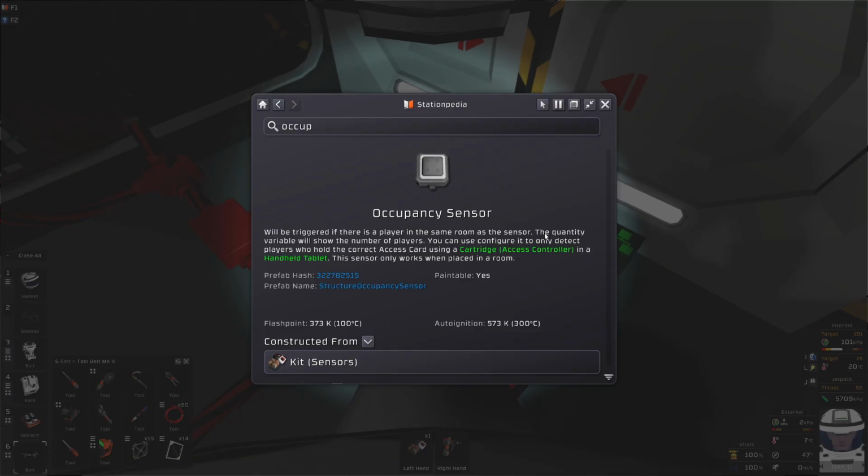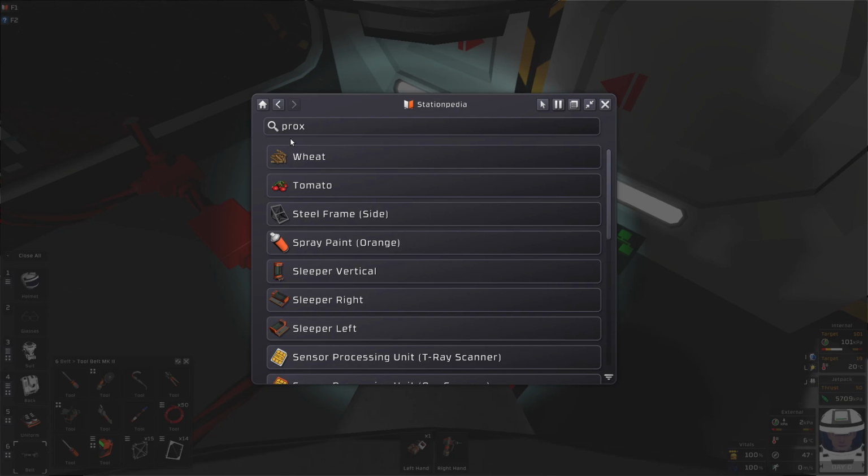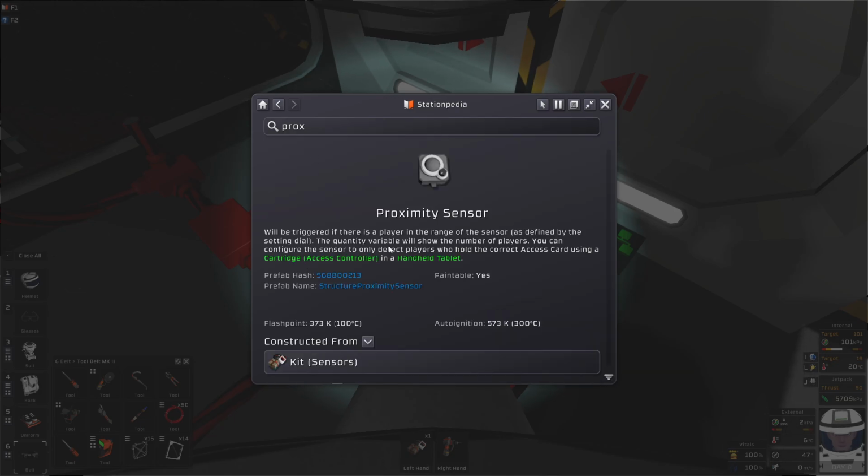The quantity value will show the number of players. You can configure it to only detect players who hold the correct access card. Okay, what about the proximity sensor? It will be triggered if the player is in range of the sensor as defined by the setting dial. Okay,